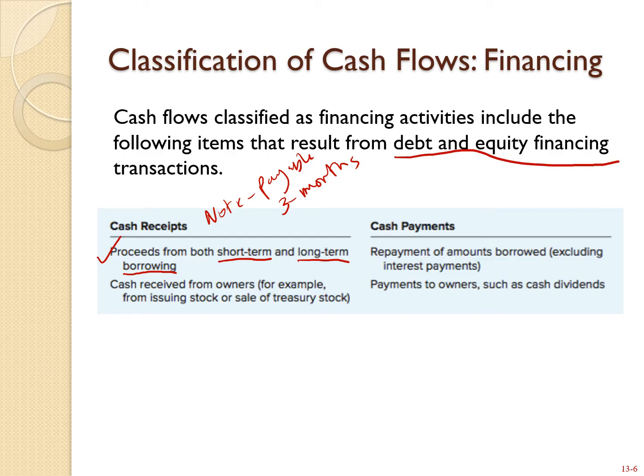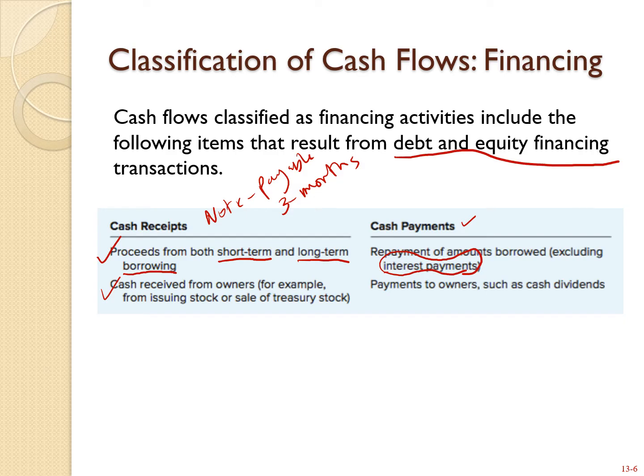Remember, in the previous slide, I mentioned bonds in a sense that you are buying bonds, so you are lending money. Here you are borrowing money. When you issue bonds, you are borrowing money. Another example, cash receipts from owners, such as selling or issuing stocks. Repayment of amounts borrowed, excluding interest payments, goes under the cash payments in the financing activities. Again, remember, interest payments are considered an operating activity